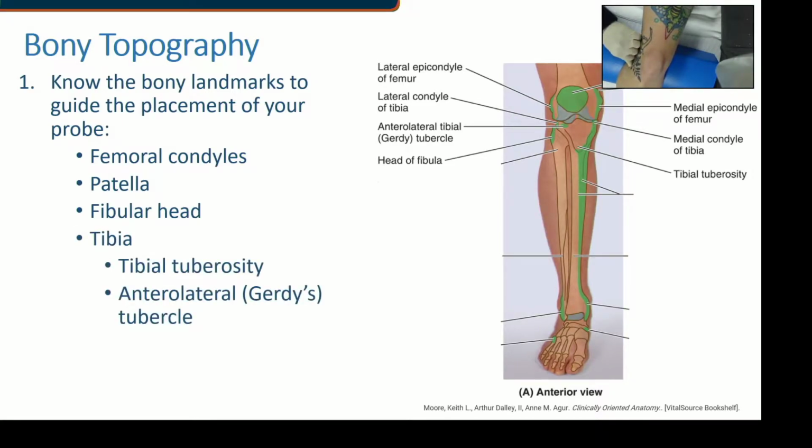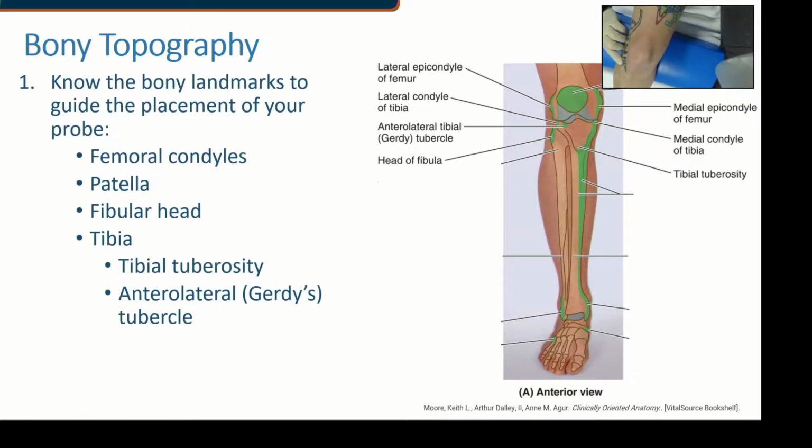Now the tibia are going to have a couple of landmarks. If I come down below the kneecap, you're going to see that first little bump there. Below the kneecap with this first little bump here, you're going to find the tibial tuberosity. Now, if I then just move lateral to it, there is another little bump here, and we commonly call this the Gerdy's tubercle, but it's